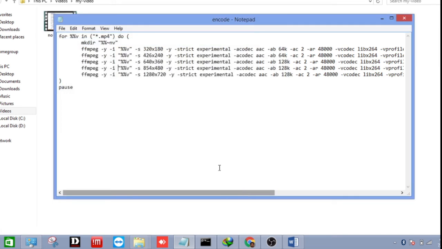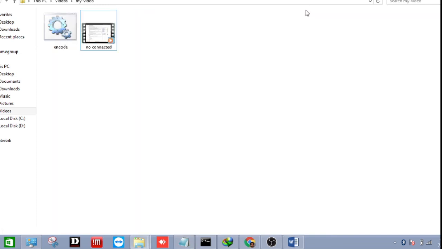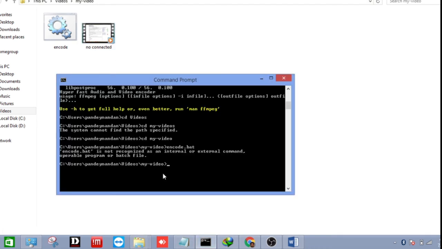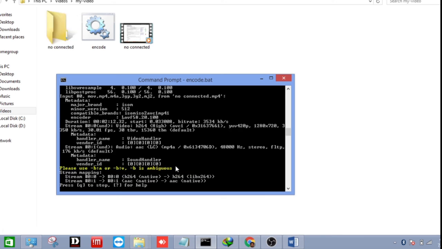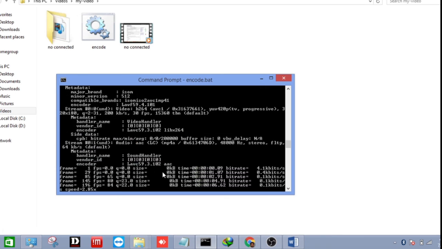So save it. Okay, now you can see that this is my batch file and this is the video that I want to transcode, right? Now come again and you can see that my path is this. I'm in this working directory, and now run the encode file, this one. Yeah, now you can see that transcoding has started.